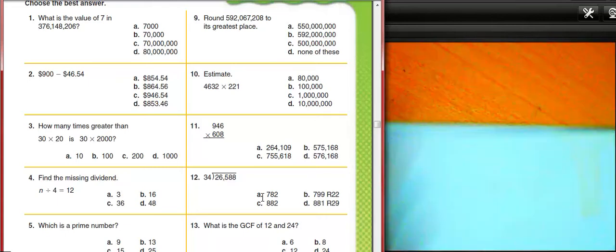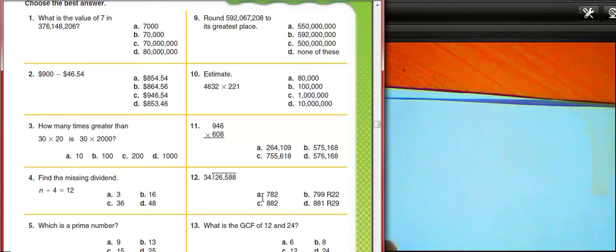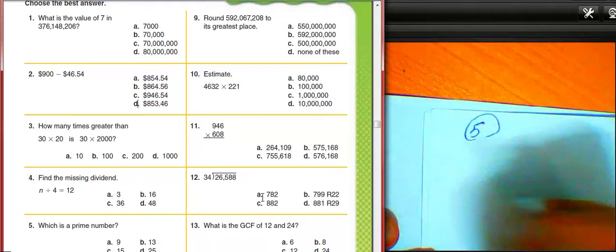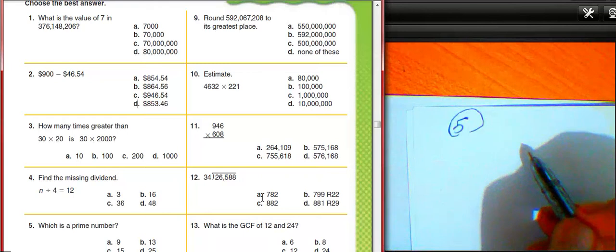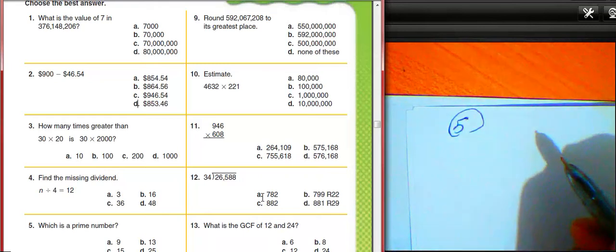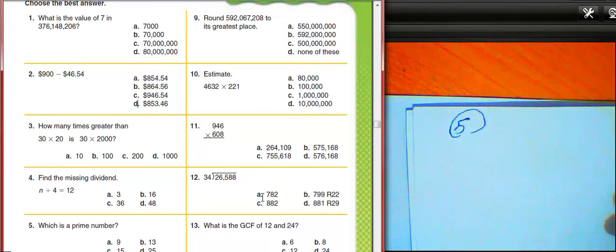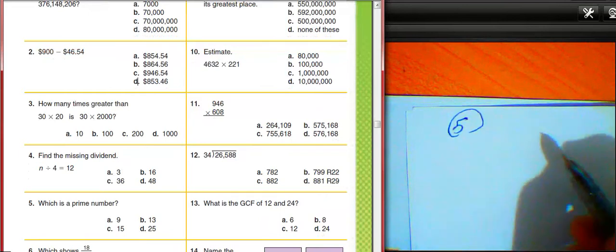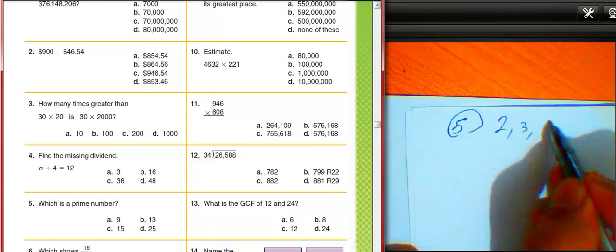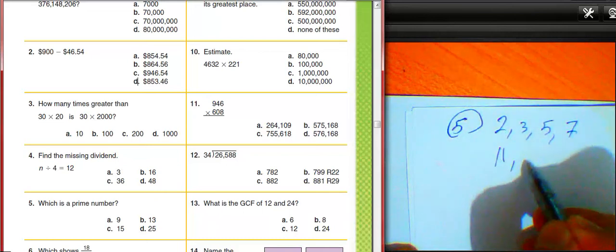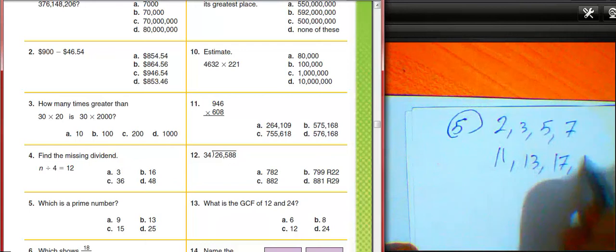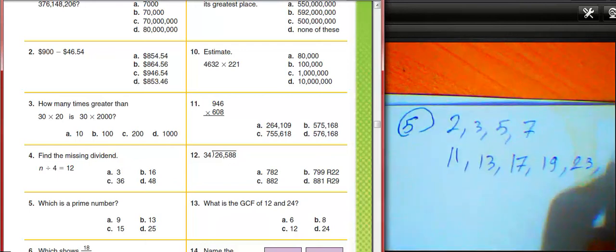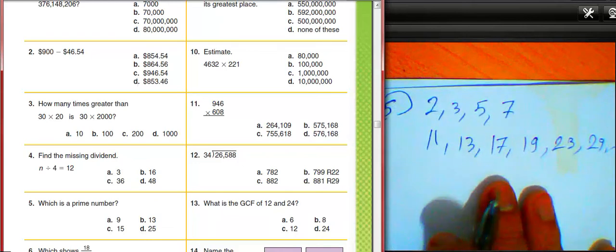Another example, question number 5. What is the prime number? We know the prime number has only two factors. The prime number can be divided by itself and 1 only, okay? So in this example number 5, the prime numbers are 2, 3, 5, 7, 11, 13, 17, 19, 23,